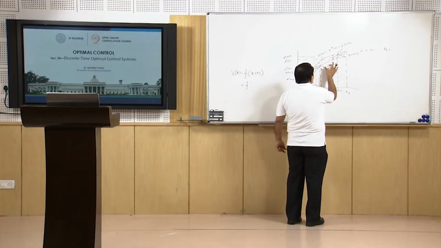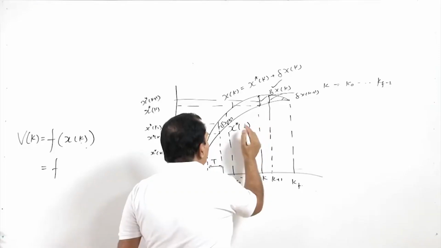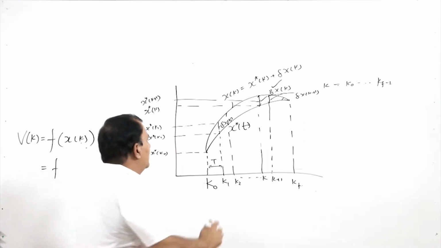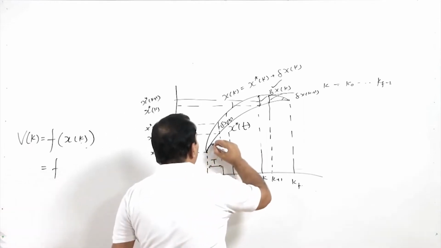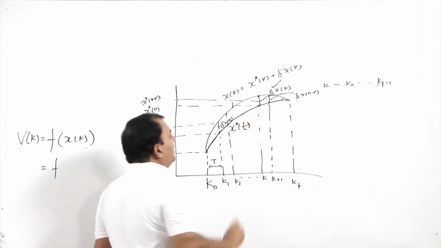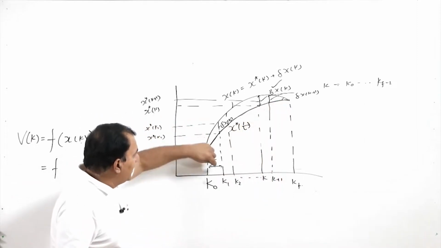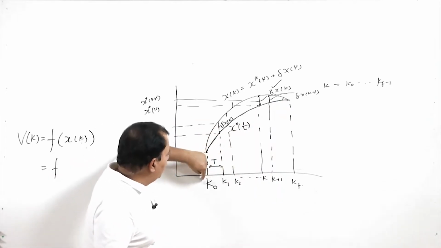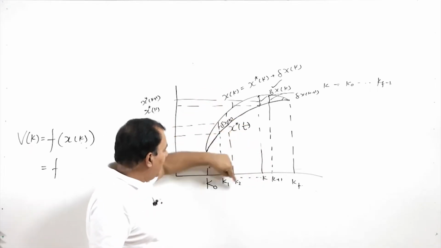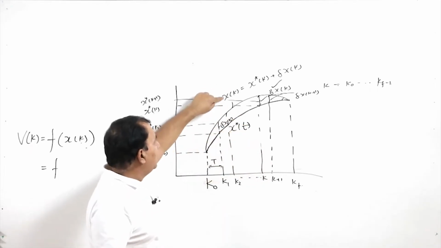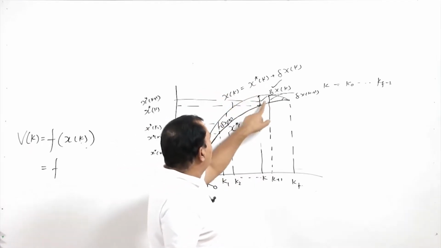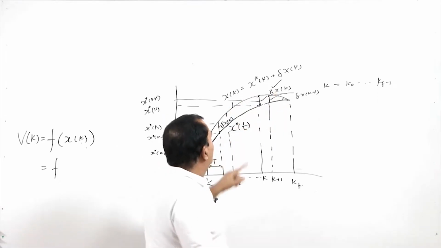So, this means if this is my xt, let this be the continuous trajectory xt. At different instants I know the values at k0, k1, k2, k plus 1, kf, and at each instant I am defining my xk as x star of k plus this delta x k, and similarly,